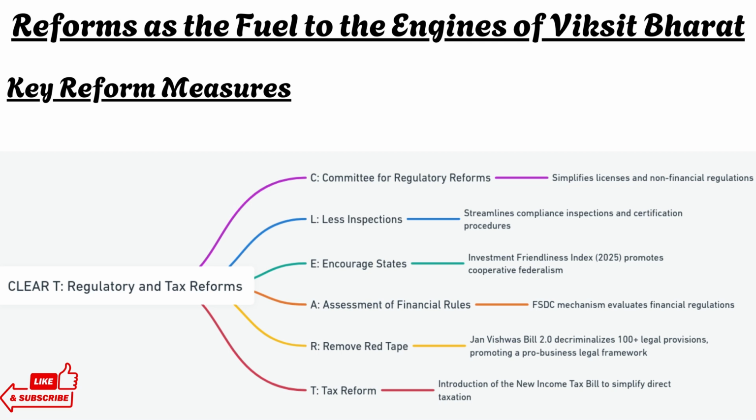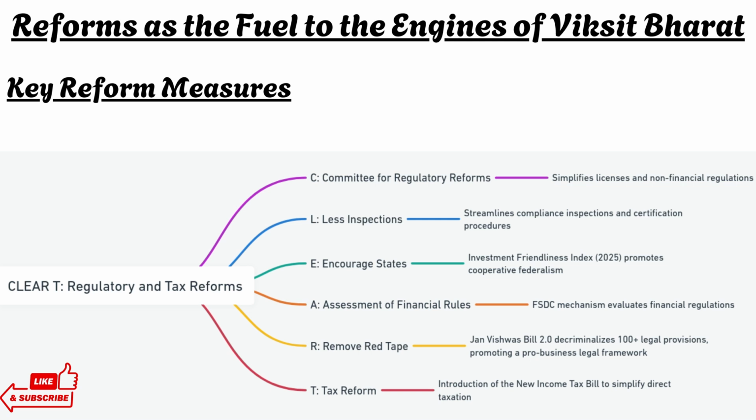Whether it's environmental approvals or industry-specific licenses, the goal is to streamline everything. अब हर अप्रूवल के लिए मल्टीपल ऑफिसेस का चक्कर नहीं लगाना पड़ेगा. Less inspections. The government is reducing compliance inspections and making the entire process more digital and transparent. Self-certification and third-party assessments will replace frequent physical inspections. दोस्तों, जब businesses को बार-बार inspect नहीं किया जाएगा, तभी उनका growth पे focus बढ़ेगा.